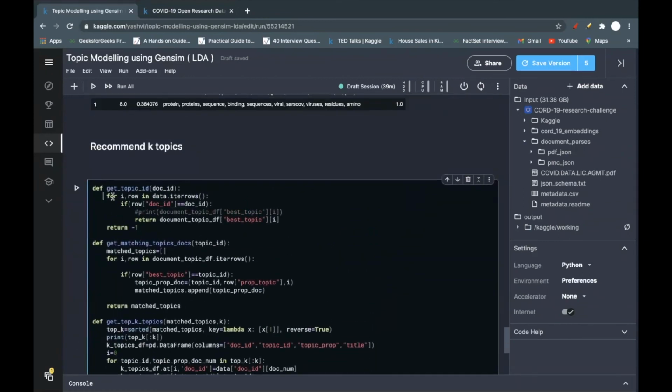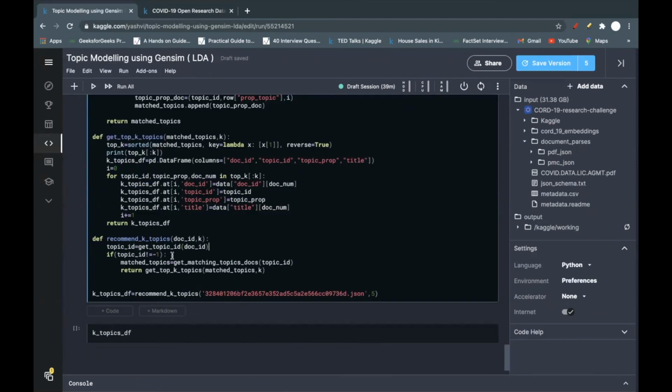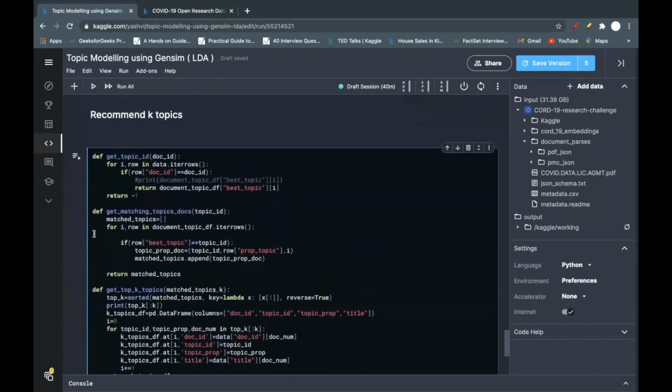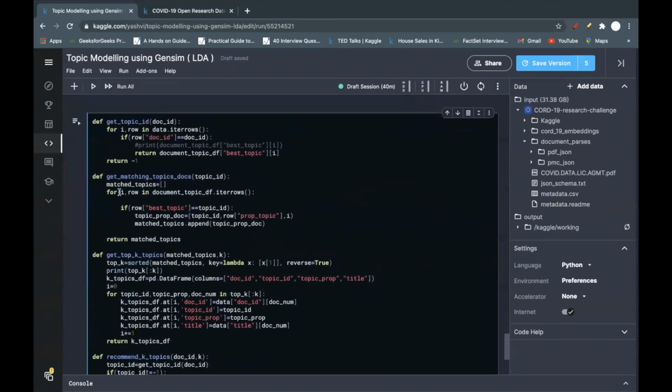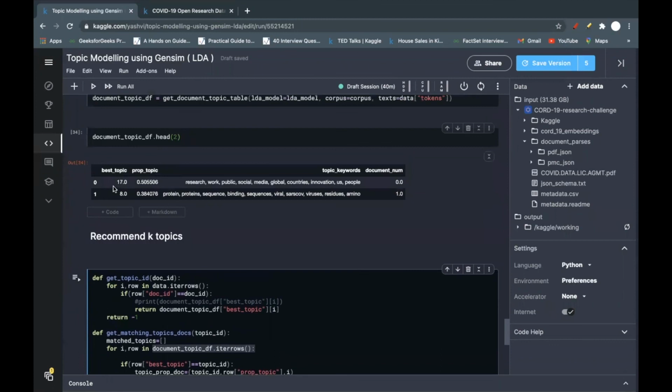It iterates over my data set and gives me the best topic ID of this document. If it is not minus one, I get all the matching docs. This function traverses all the document topics whose best topic is the same as this topic.